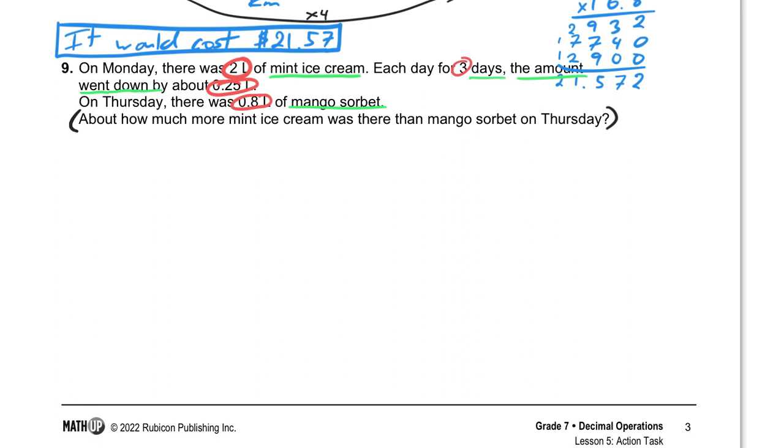Should we start with the mint? Okay, let's start with mint. We had 2 liters of mint ice cream. I'm going to put it in a number sentence. We started with 2 liters. And I'm going to actually label this just to keep it all straight. Mint calculations over here, sorbet over here. Let's keep our thoughts organized, because when there's so many numbers, I can't even keep it straight. So in mint, we started out with 2 liters. Then we had to subtract, right? If the amount goes down, it sounds like we're subtracting. So we subtract 0.25, and we subtract another 0.25 and another 0.25. If we subtract all of those from the 2, then we should end up with,